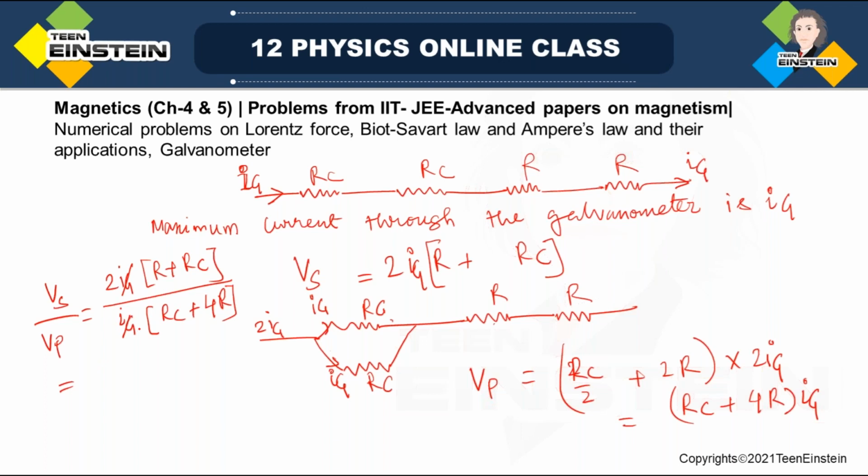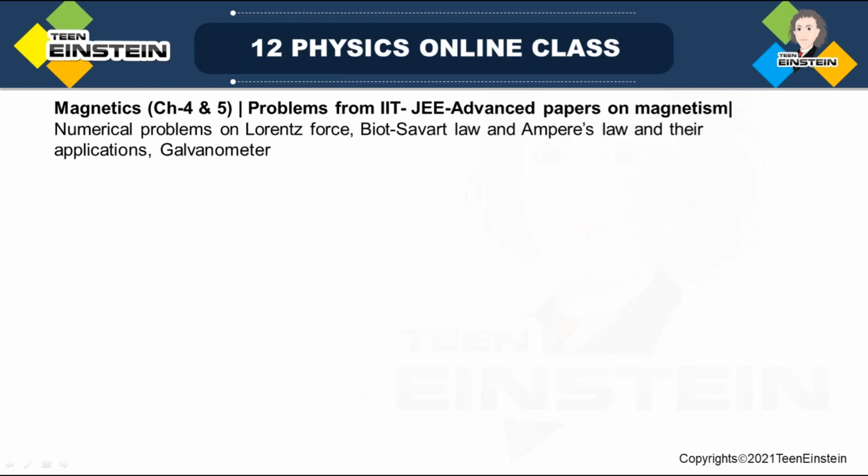Let us do a little bit of simplification here. Actually we would do otherwise, because this is the greater one, we'll just do Vp by Vs. Okay, we'll go to the next page